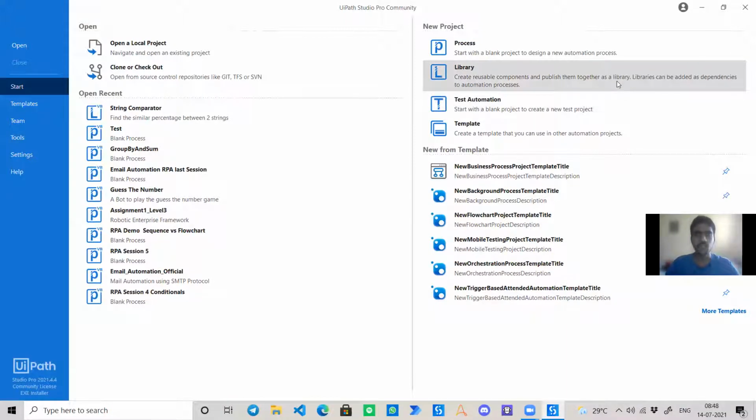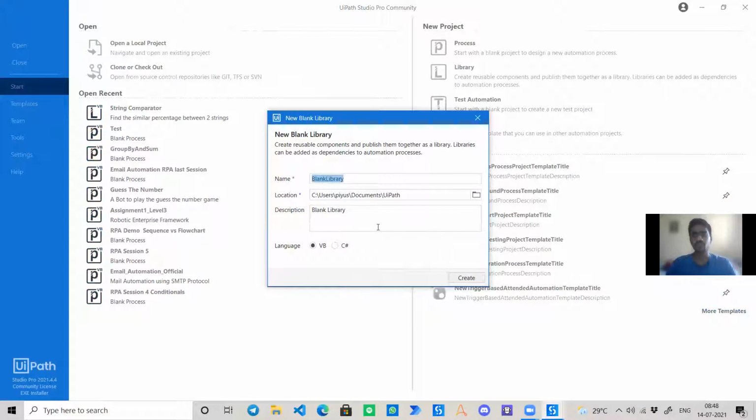So today we are going to create a very useful component, and it would be reusable across any kind of project that we might build. So I call it String Comparator. Since there is already a library with that name, what I can do is write Demo, and its description is basically it will compare two strings and give me a percentage of how similar those two strings are to each other.